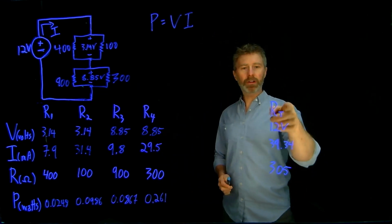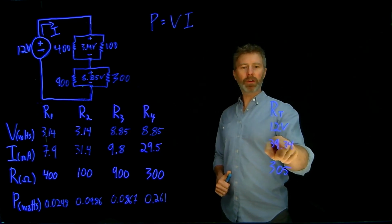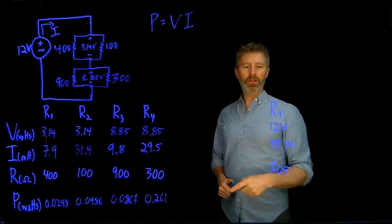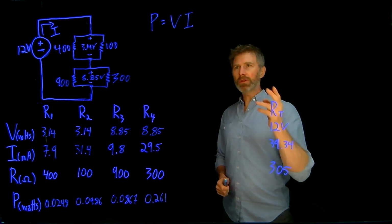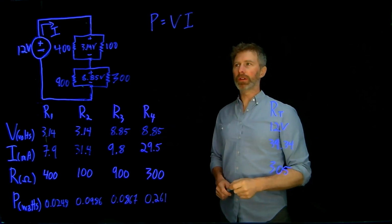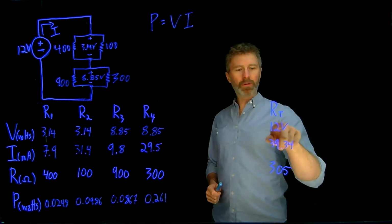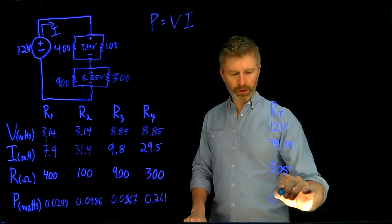But I could use this one. This is the total. So I've got a total voltage of 12 volts, 39.34 milliamps coming out of it. That voltage source sees a total equivalent resistance of 305 ohms. I can now use the power equation to calculate the power that's delivered by the power source. So that'll be 12 volts times 39.34 milliamps, which is 0.472